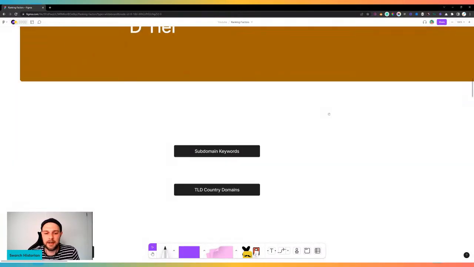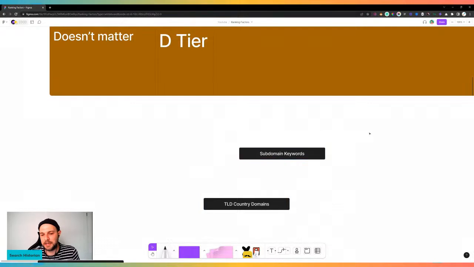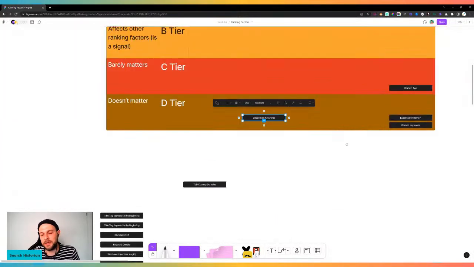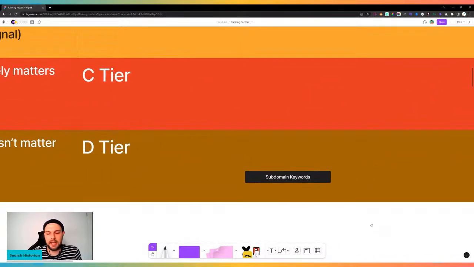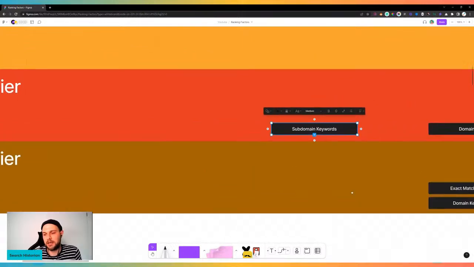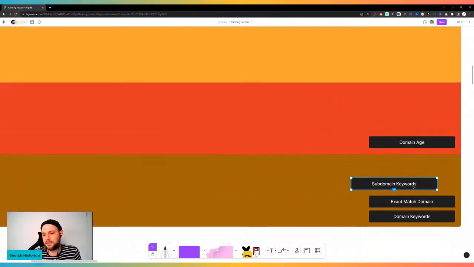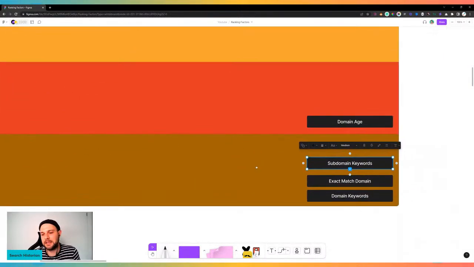So anyways, now, subdomain keywords. Subdomain keywords means that you have a subdomain that is something, for example, shop.kitchen.com as opposed to kitchenshop.com. So subdomain helps, and I would say it has some sort of significance. And again, it could go here, but I would prefer to put it in the D tier, because in theory,